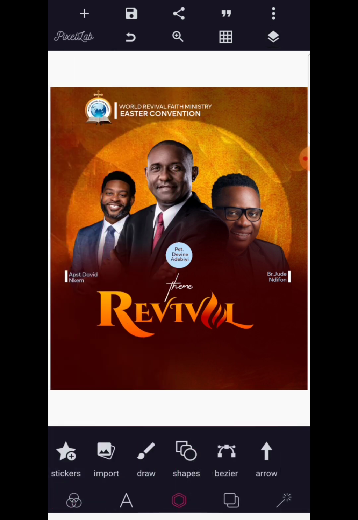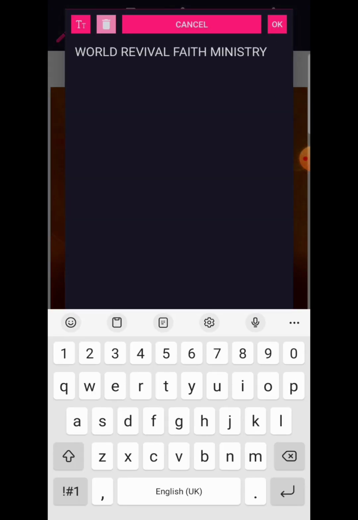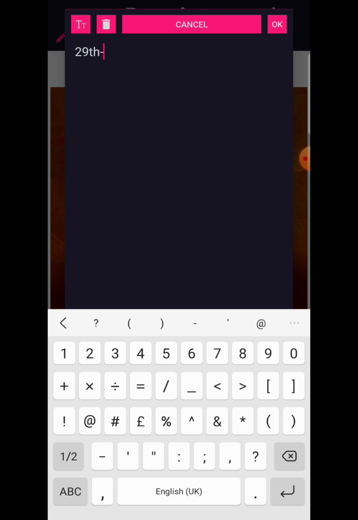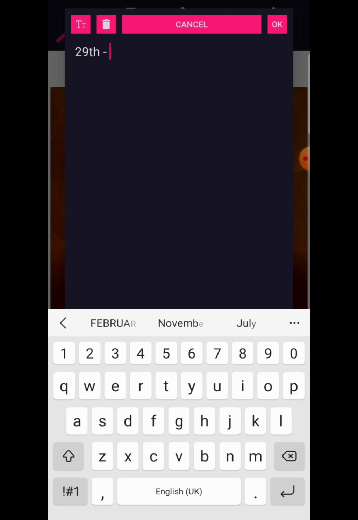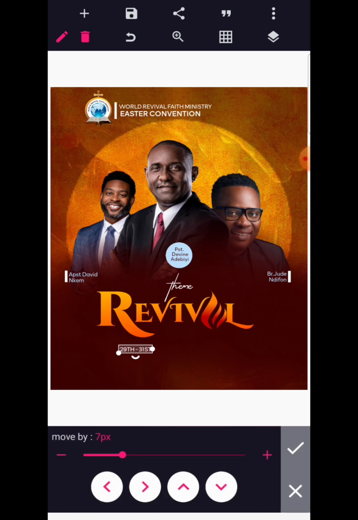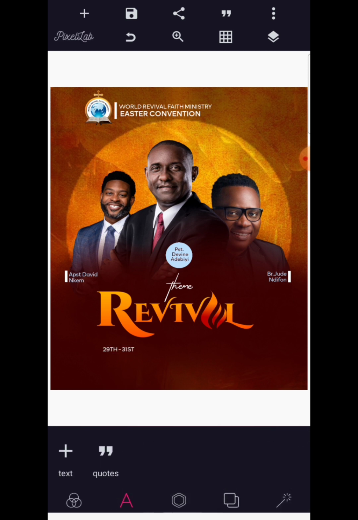Okay, so it's a Revival. That's the theme for the program. And what we're going to do next is to copy this and write the date. So the program is happening from the 29th to the 31st of March. So all of this should be in capital letters. Then shift this up. Then we're going to copy this